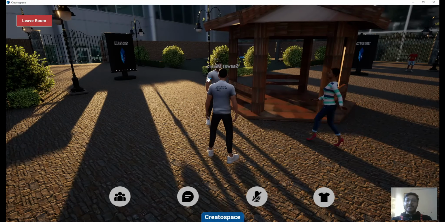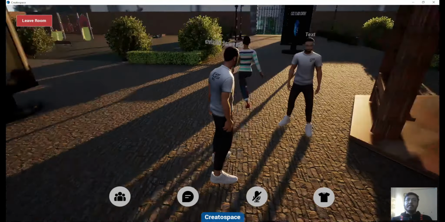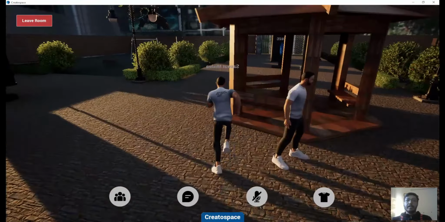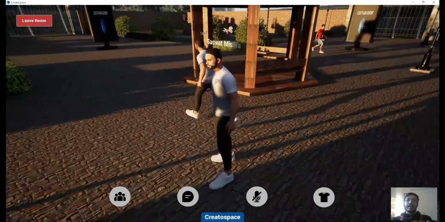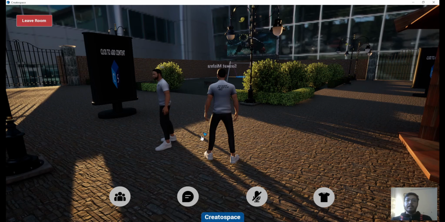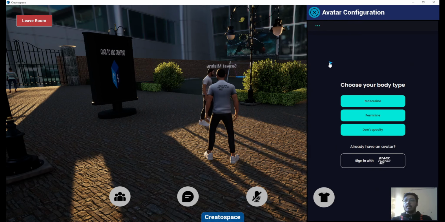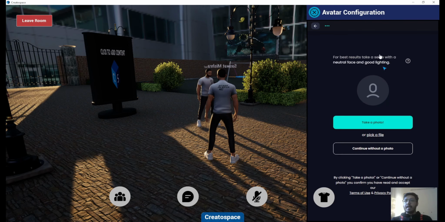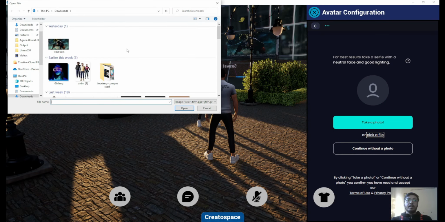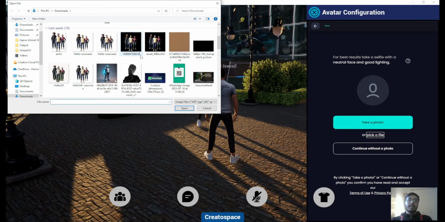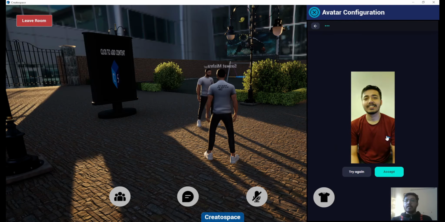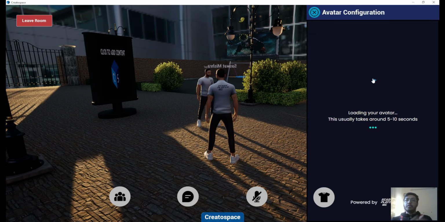Here, like others, all other members of your community can join in and interact. Let's say I want to create an avatar that is different from this. I can open this avatar configuration, click on the body type, let's say masculine, and pick a file to make it look like myself. I'll just add this photo of mine, and you don't have to give the same aspect ratio. You can create your own aspect ratio for the image, and once it uploads,